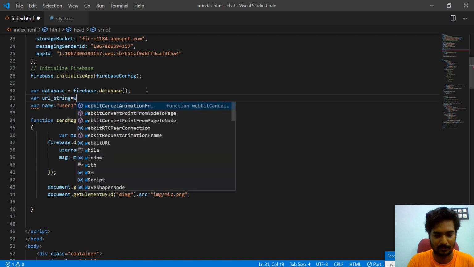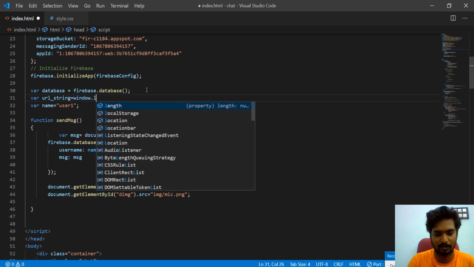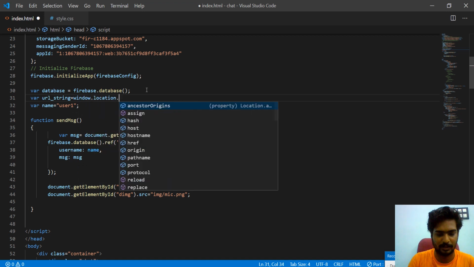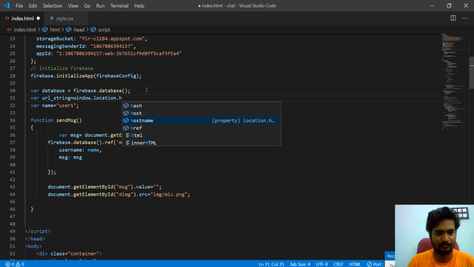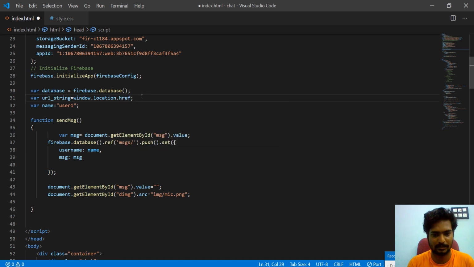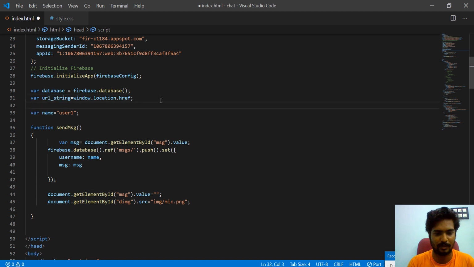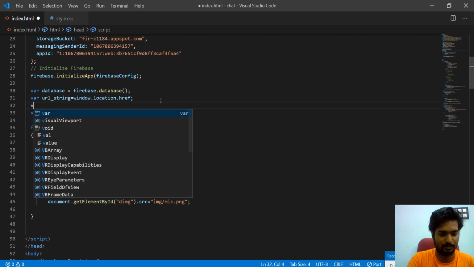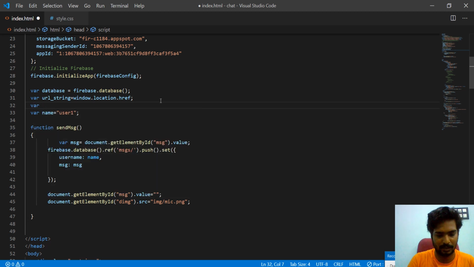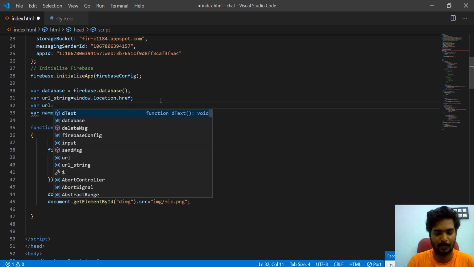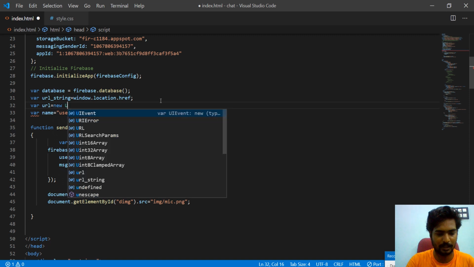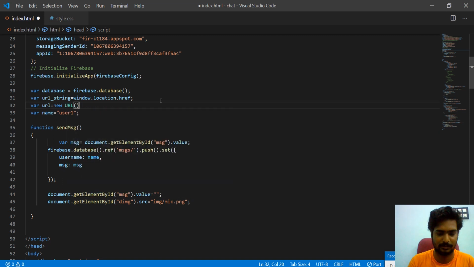We can get the URL from the window.location.href property. By using href, we will get the whole URL string. From the whole URL string, we need only the URL, so we create a new URL. URL is a default class in JavaScript. So we will pass this URL string.